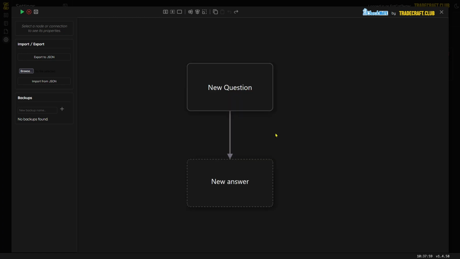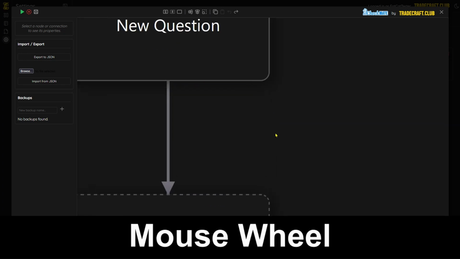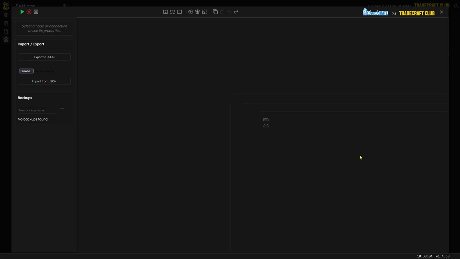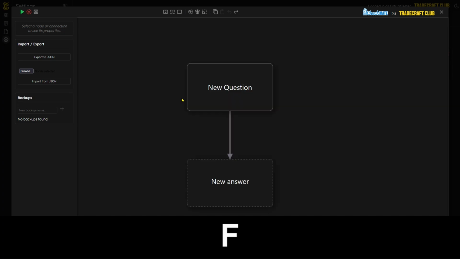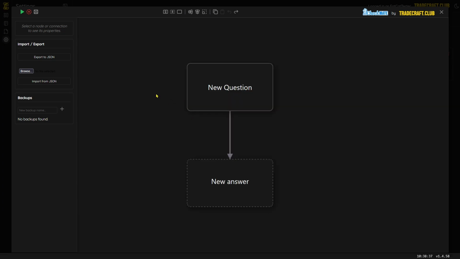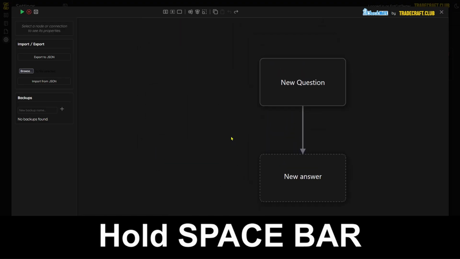You can use your mouse wheel to scroll in and out like so. This is the canvas. Now, let's say you're editing in here. You have this tab right here called Fit Content to Screen. You can click it, and it'll make sure all of the nodes you've created are shown on the screen. So if you're editing somewhere like over here and you want to look at the entire trading system, you can press this button, or you can press F, and it'll also do that as well. Hold the space bar down to move